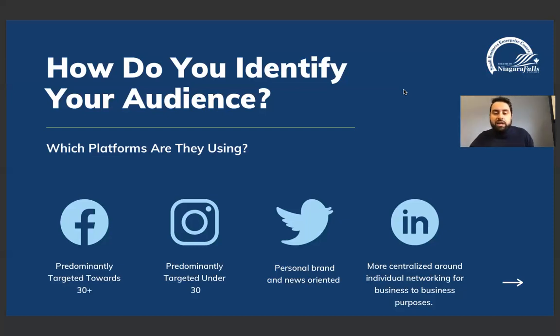We're going to get to that too in a second. But Facebook is a way where a lot of adults consume their content. So if your primary audience is 30 years of age and above, you definitely want to consider being on Facebook to market your business. If your ideal target demographic is on Instagram, they are typically under the age of 30, though that is probably the platform that they are utilizing the most, besides Snapchat and TikTok. Instagram is definitely the way to go.